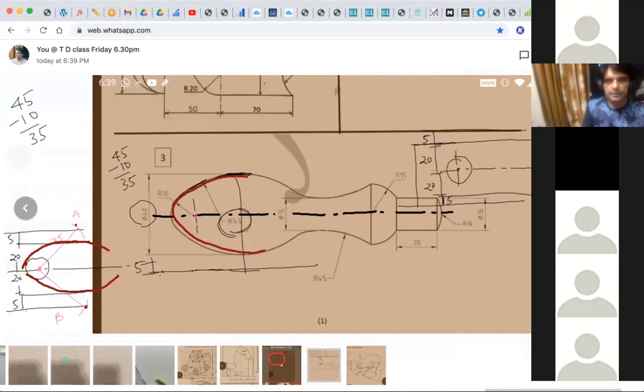After doing this, in this sum, majority of the people go wrong. They need to draw one line, anywhere. And how much is this? 16. So they need to go up by 8, go down by 8 and draw a line. That's it. From here, anywhere you draw one line, go up by 8, go down by 8 and draw a line. Just do this much. Then I'll explain the next part.